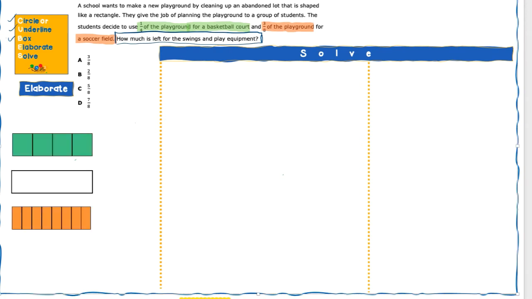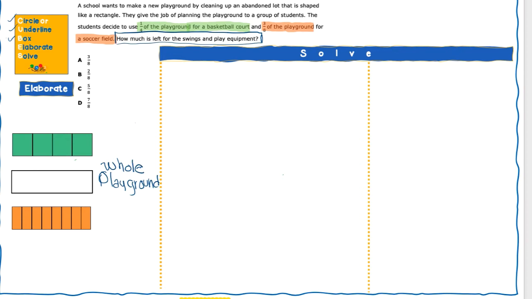So these fraction bars that I have on the left side are the ones that I'm gonna use to represent the playground. This one here that has no sections at all is gonna be the original playground. This is gonna be the playground. And this is the whole